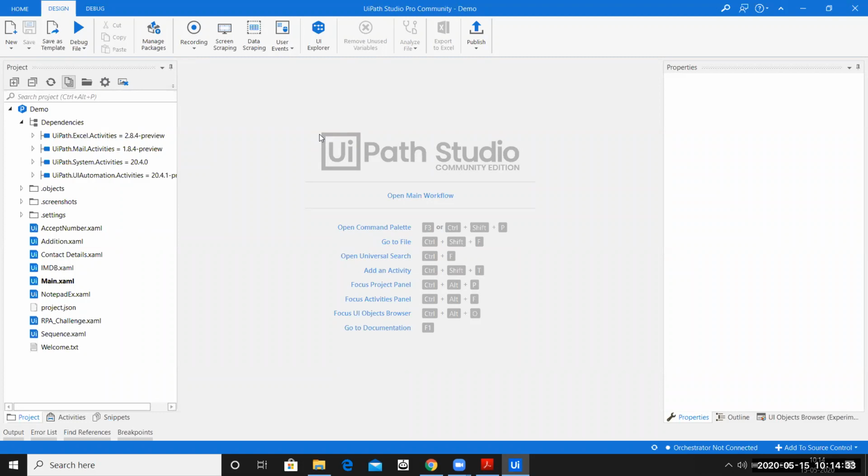And the one major difference is that we have Studio X and Studio. Now, Studio X is a very basic version of the Studio, which we call the citizen developer version, as in anybody in the world can come up and automate using UiPath Studio. We have an option over here.